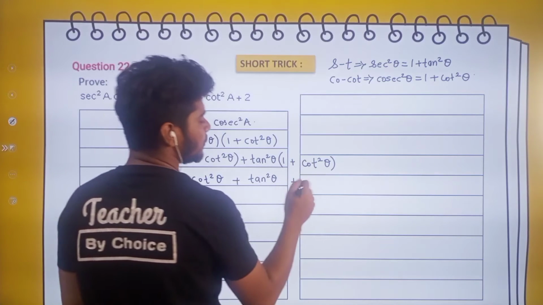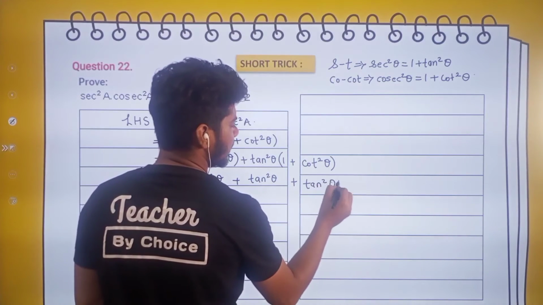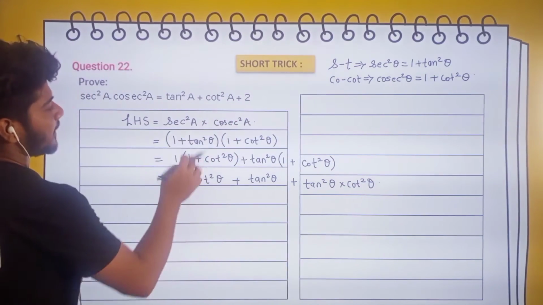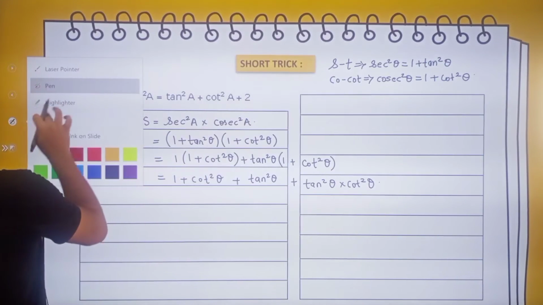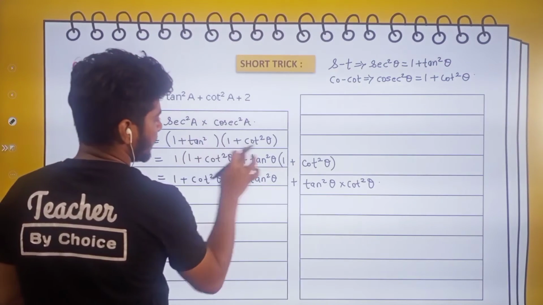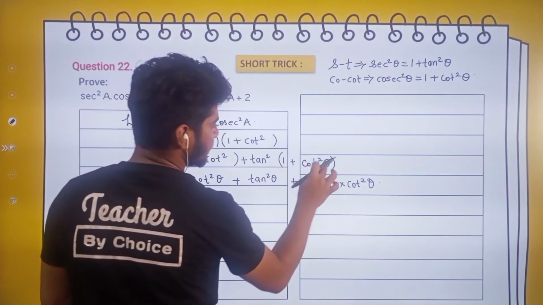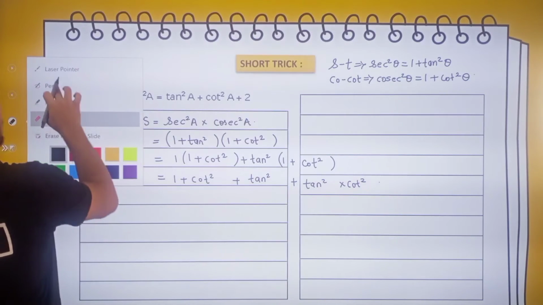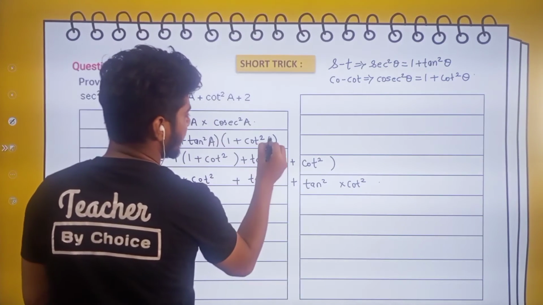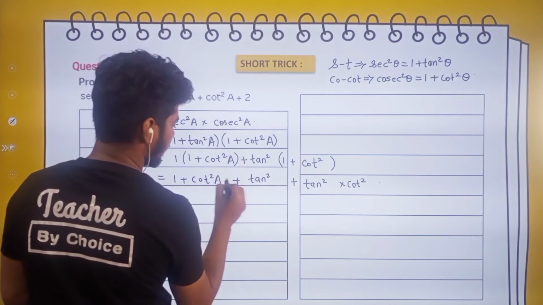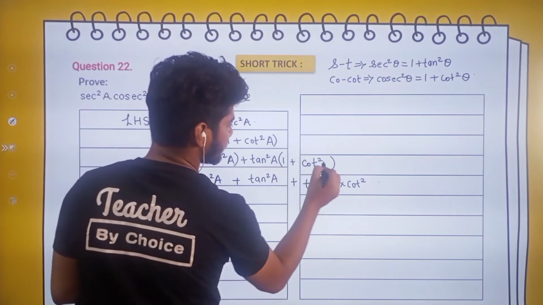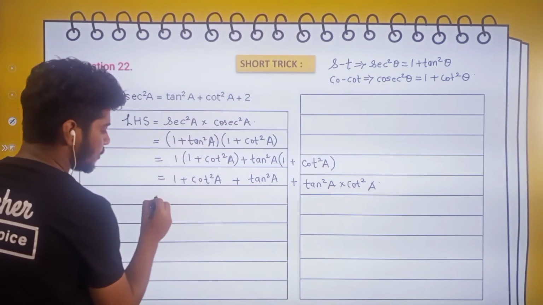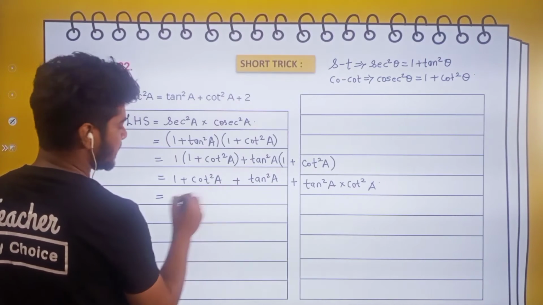Plus tan square A into cot square A. It is not theta, actually it is A. So everywhere we should write A, not theta. Wherever we have written theta, actually it is A. Alright, so make a slight correction. See, this is A, this is A, this is A. Everywhere it was A, not theta. So 1 plus cot square A as it is, 1 plus